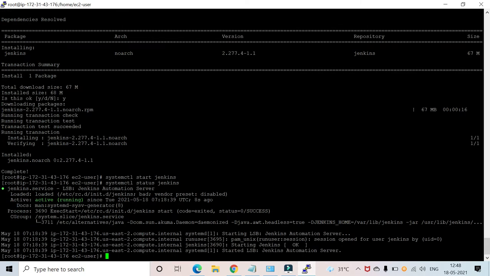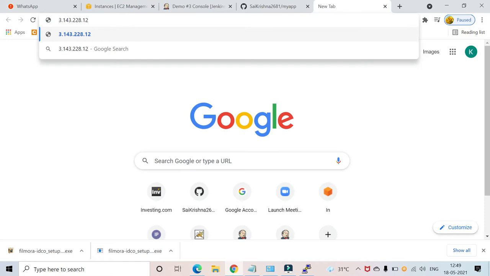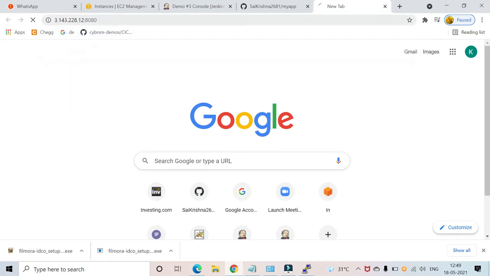So Jenkins is active and running. By default Jenkins will be available on port 8080. So now let's access it from the browser, colon 8080.